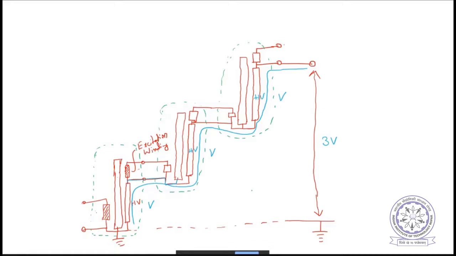What is your question? For example, the first part is V. The first part HV winding voltage is V. The middle stage HV winding, we can have something like it gives 2V. And the last part again gives V. So we can get 4V also. So is it possible to modulate like any multiple of V also? Is it possible to get any voltage? Or is it possible only to get V and successively V?